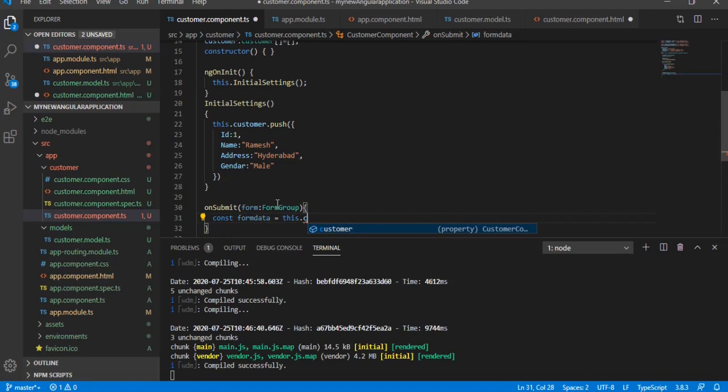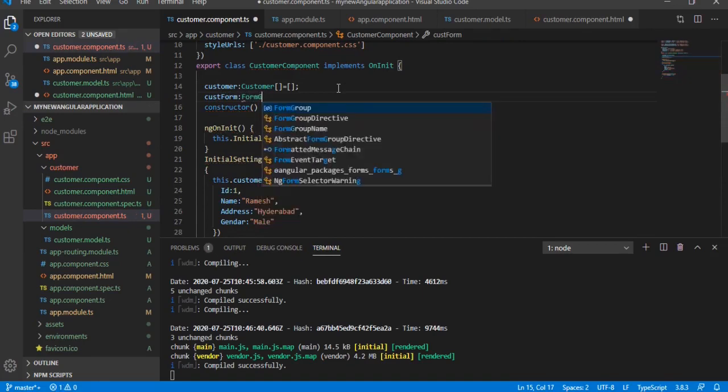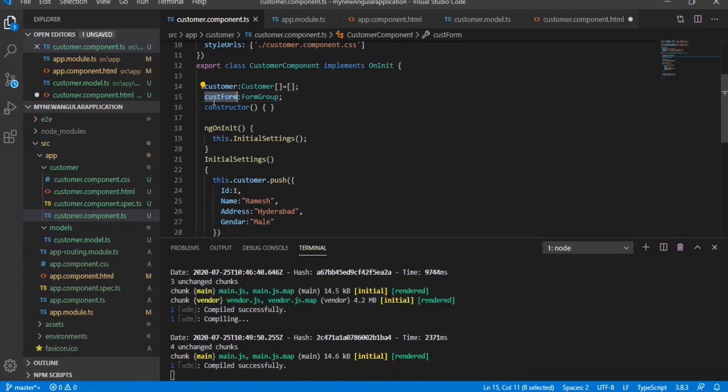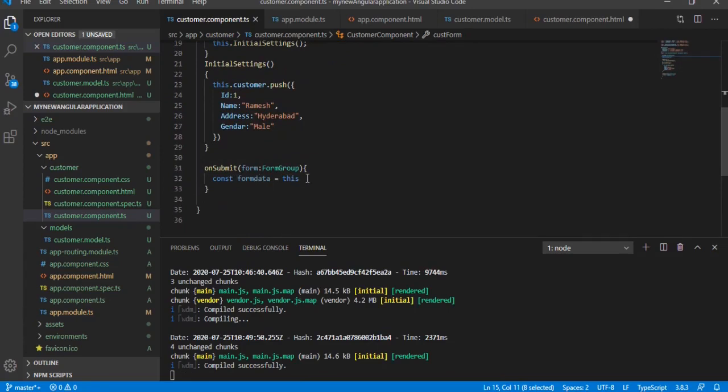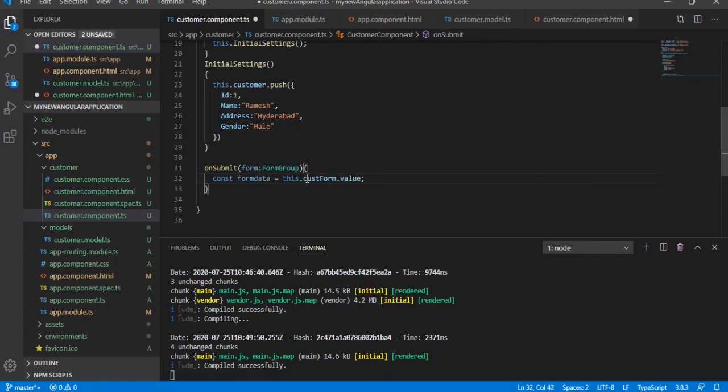Before that we need to create a variable. The variable name is custForm, and it is of type FormGroup. I'm saving that. Now const formData equal to this.customerForm.value. Then console.log formData is here.